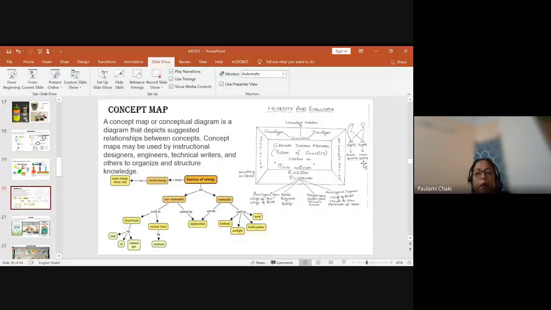Then come concept maps. Concept maps can be done practically in all the classes. In the lower grades, in a few books, you can see concept maps given at the end of the chapter. So you can always ask your students, okay, you have learned the whole concept, now I want a representation of your understanding of this topic through a concept map. Teach them how to draw a concept map, then give it to them in groups. You can give it as a group activity. Every time one group will be assigned one concept map to be done.